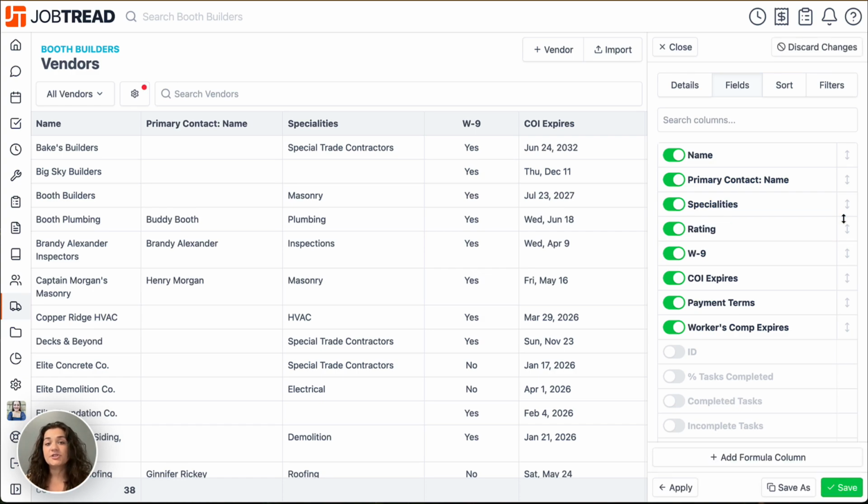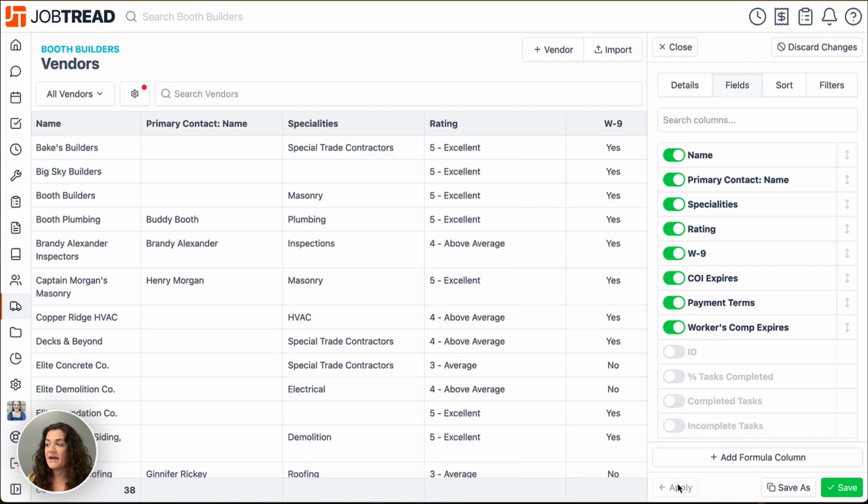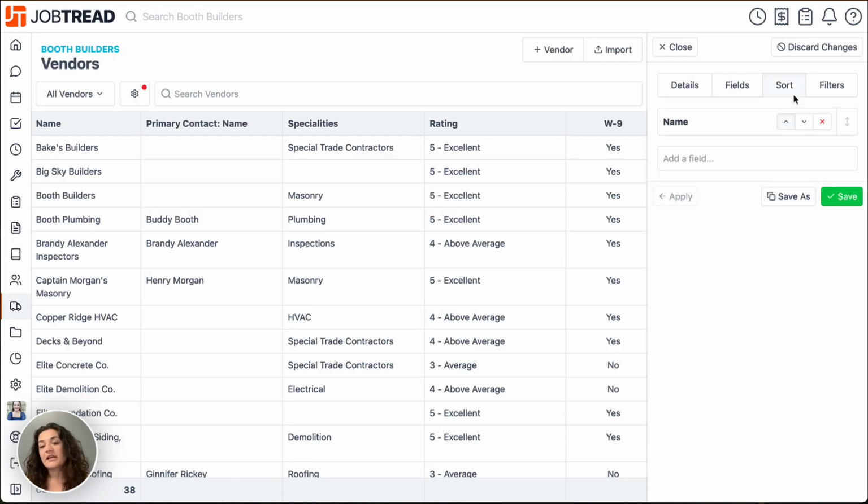You won't see a change right away because first you're going to have to click apply. Apply is at the bottom left of this side drawer. Now, once I click apply, you're able to see that the column of rating has been moved to specialties just like I wanted. Next up, in sort, you're going to be able to sort in ascending or descending order